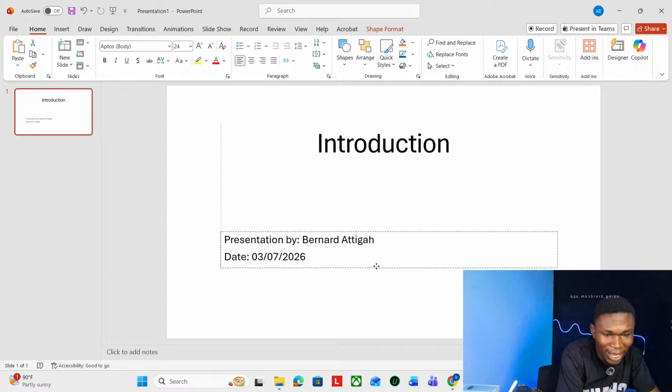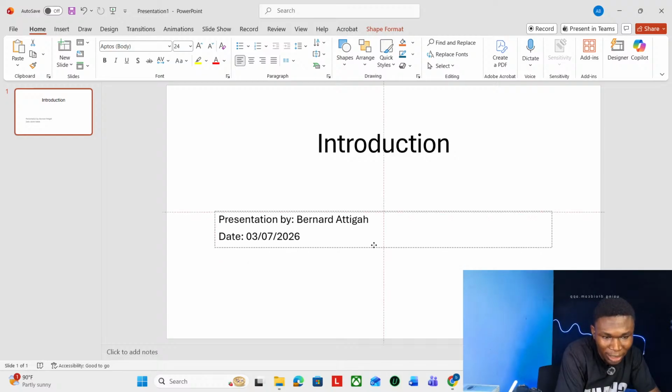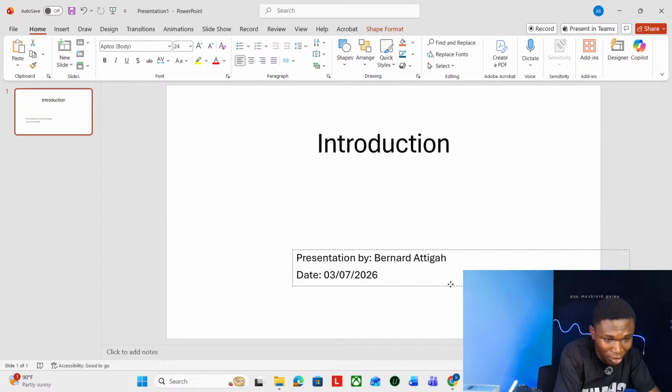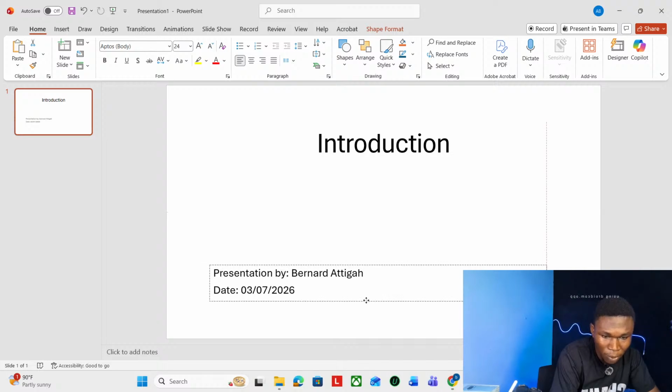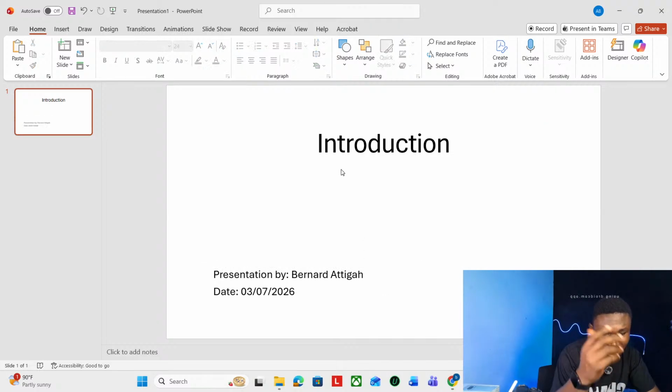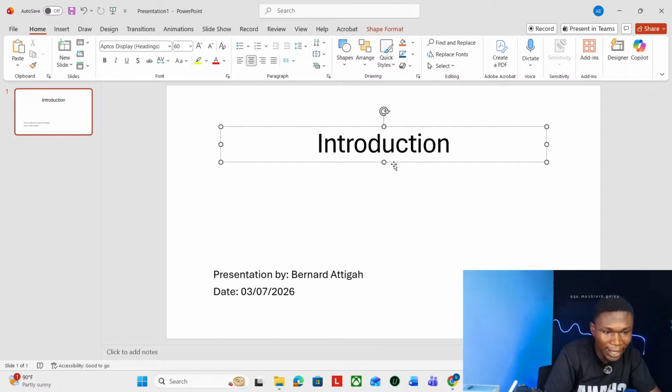So these red lines will guide you as to how and where you should position things properly so that they look nice. So imagine I want to put this in the middle. I'll do this, right? You see on the right and left, I have some lines here. So I'll put it down here, introduction. Then I can also duplicate this. So when I right click on this one,